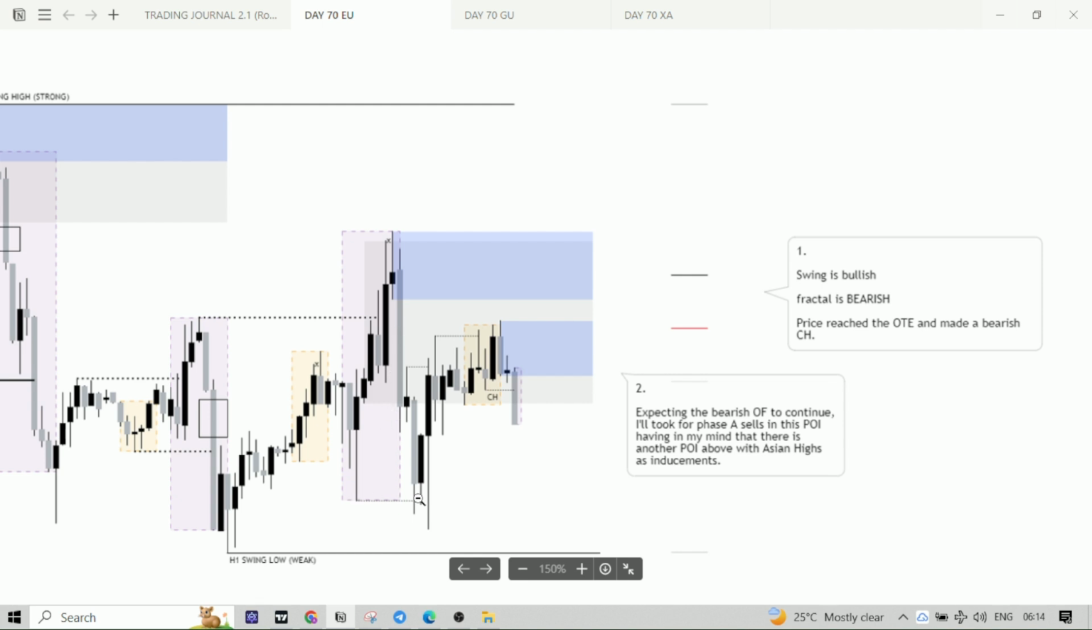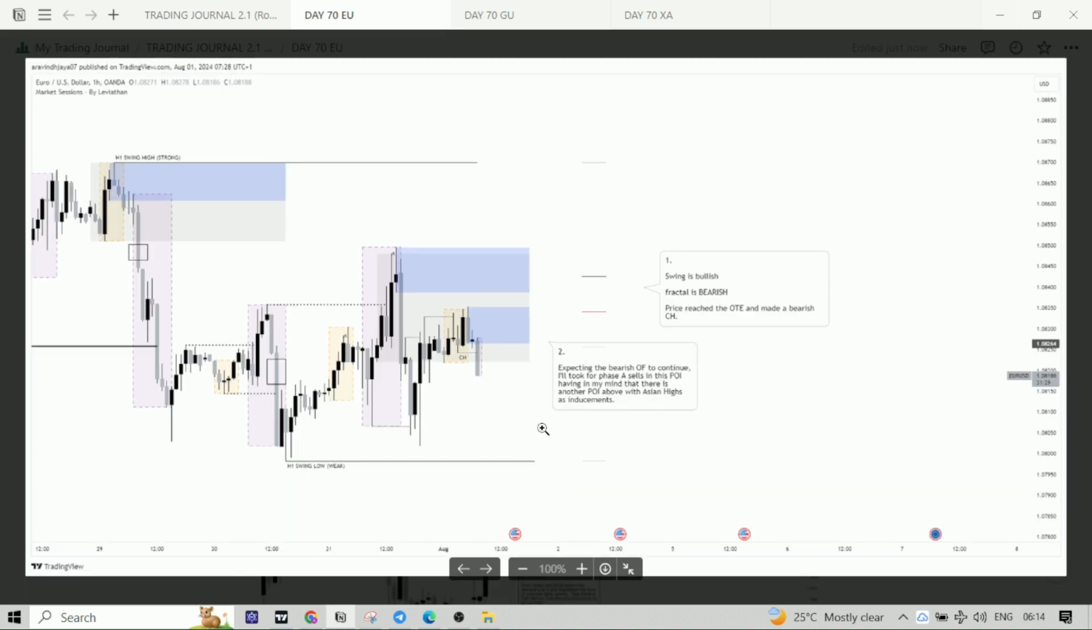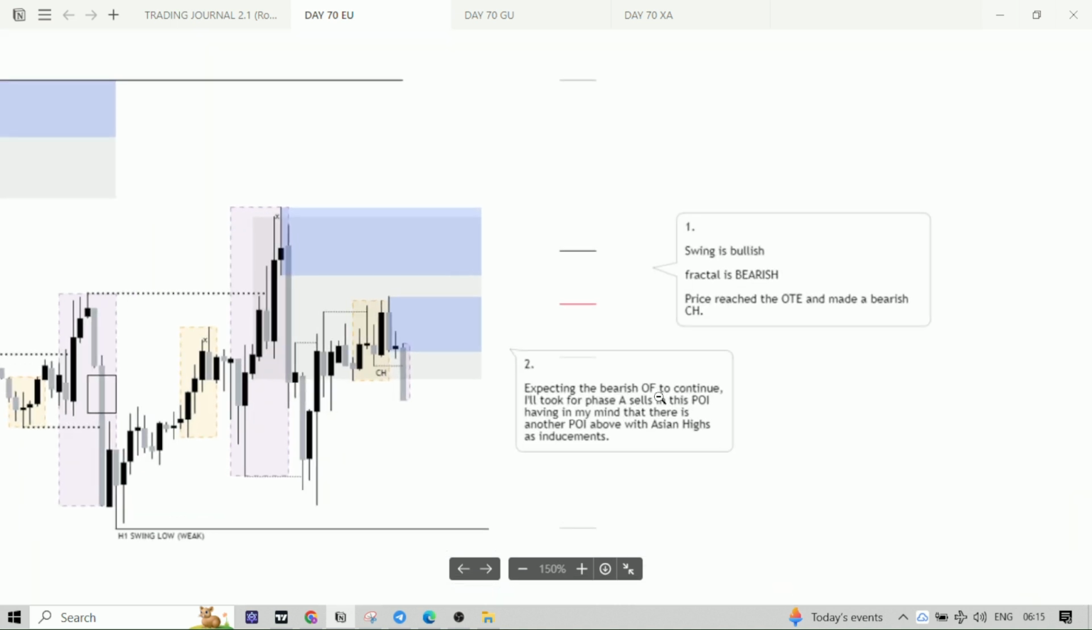price came down, made a bearish CHoCH, again a bullish CHoCH, and then a bearish CHoCH. Now currently the order flow is bearish. Simple as that. And now we are going to target the weak swing low. So expecting the bearish order flow to continue,